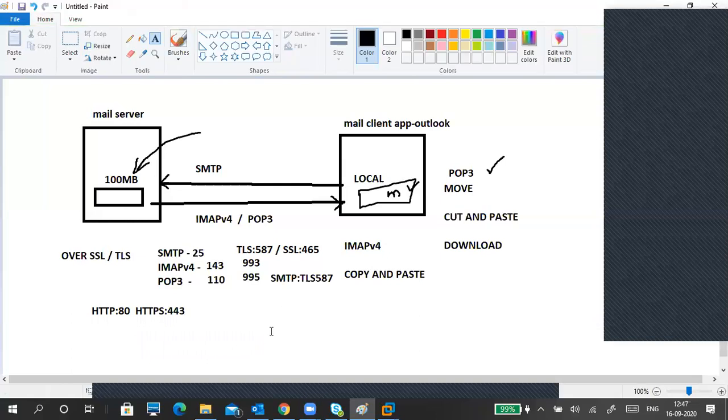So whenever you join an organization, they will send you a mail on how to configure Outlook on your system. That is the most general thing. The administrator will send it to you. Otherwise, if you are working in an organization and you are not a technical person, the technical team comes to your system and configures your mail account. So that's the thing.